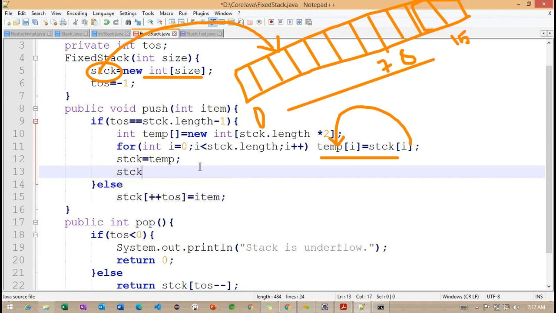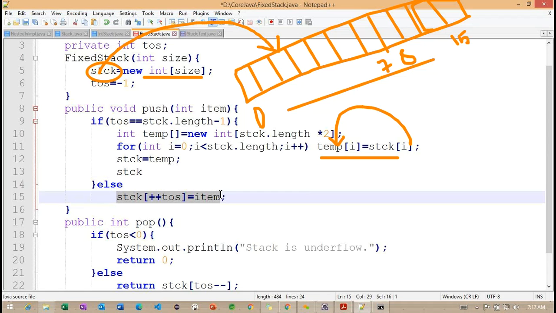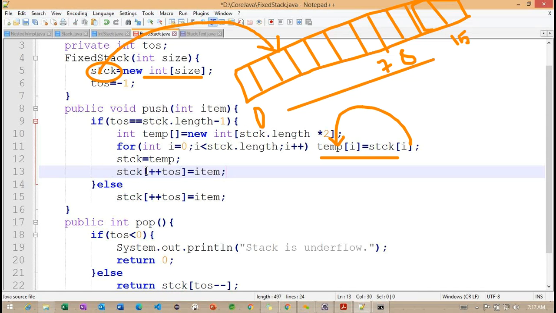Now you can observe, we need to copy this particular line here. Getting the point. So this is all about the new creation, like dynamic stack we are going to call here.